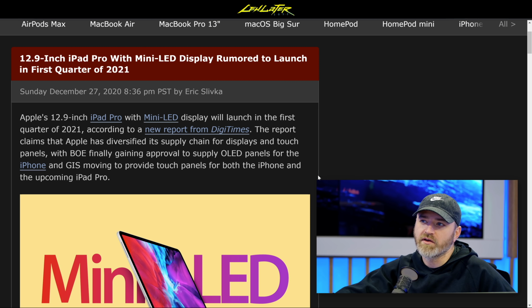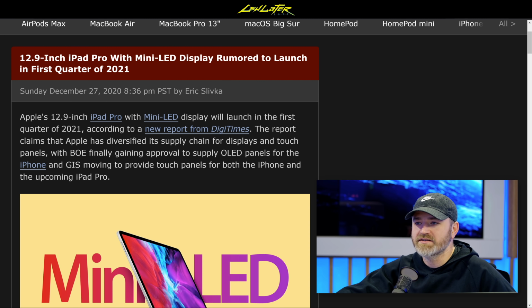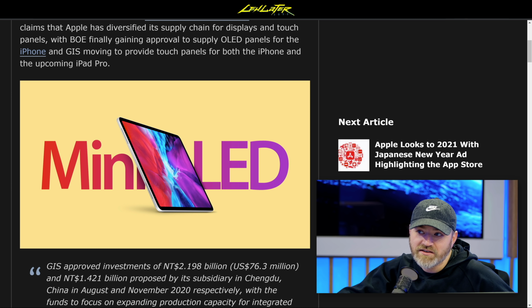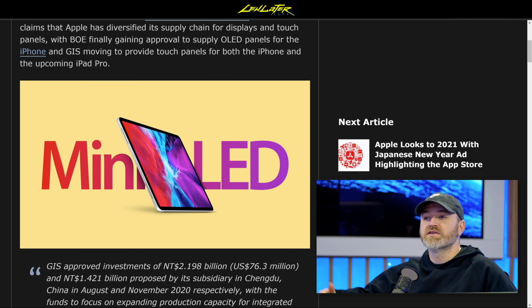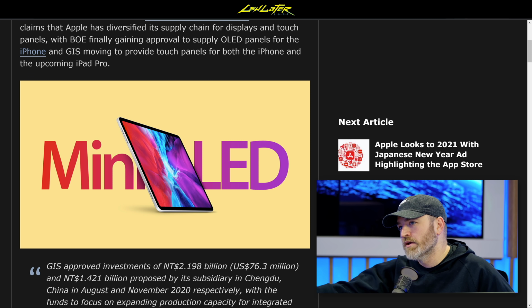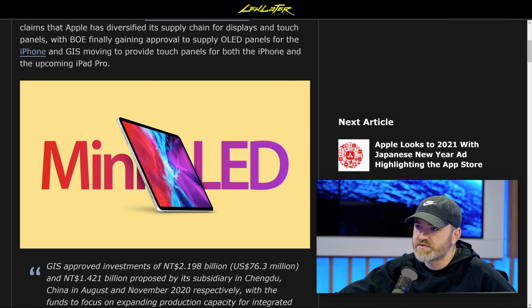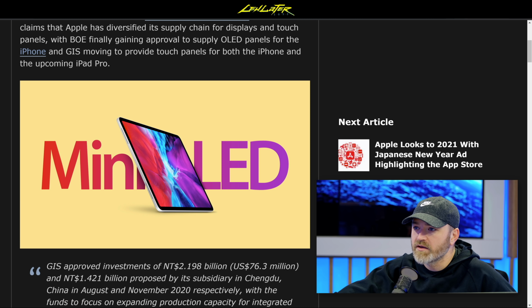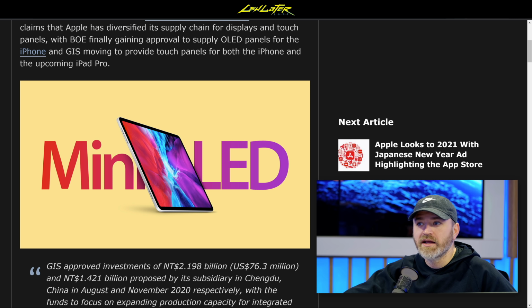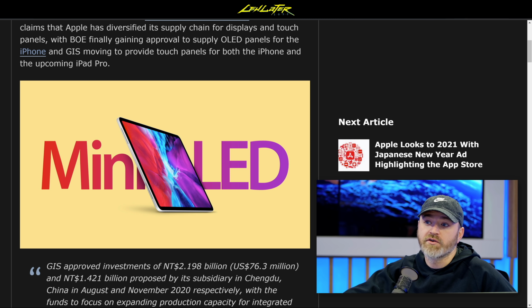Next Apple product we'll probably see is this 12.9-inch iPad Pro with a newly rumored mini LED display. This is a display that's easier to make, supposedly, than OLED. However, it features some of the same attributes when it comes to image quality and deep blacks, rich colors, and all the usual OLED talking points are supposedly in here to a certain degree,